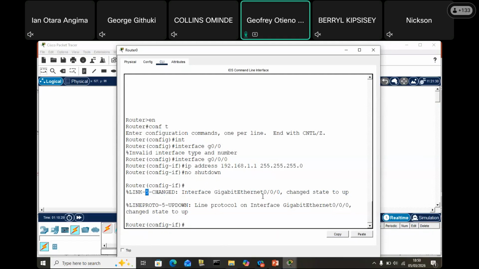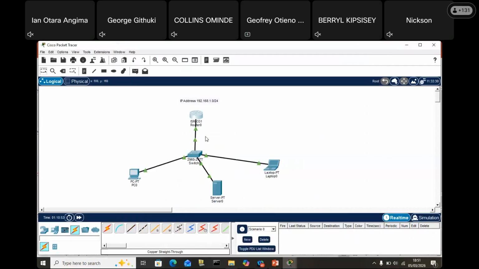The state changed to up. Line protocol changed state to up. So it is up, up. Layer 1, layer 2. Up, up. That's why you can see this up and this up. So the state has changed to up, and therefore you can see